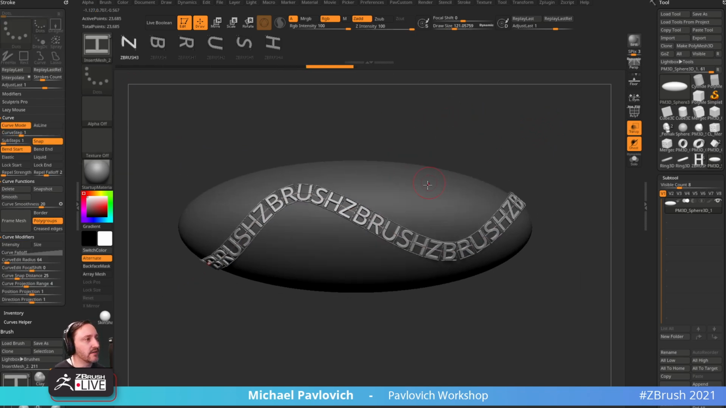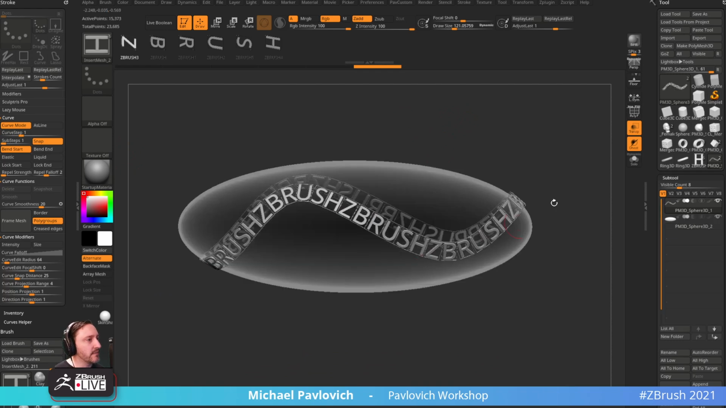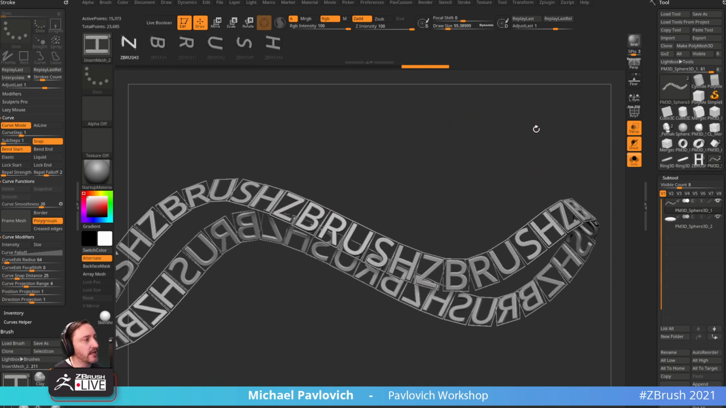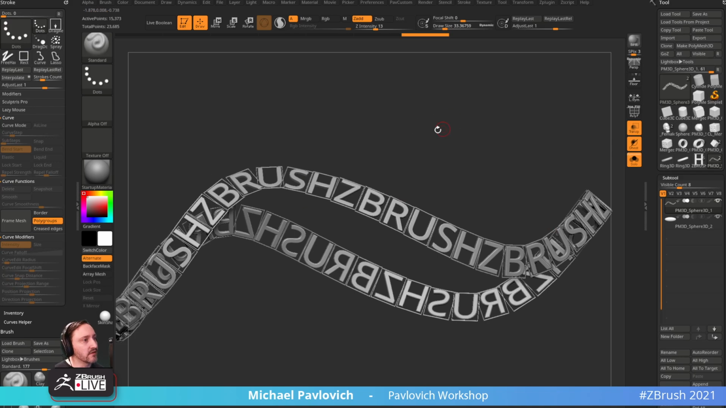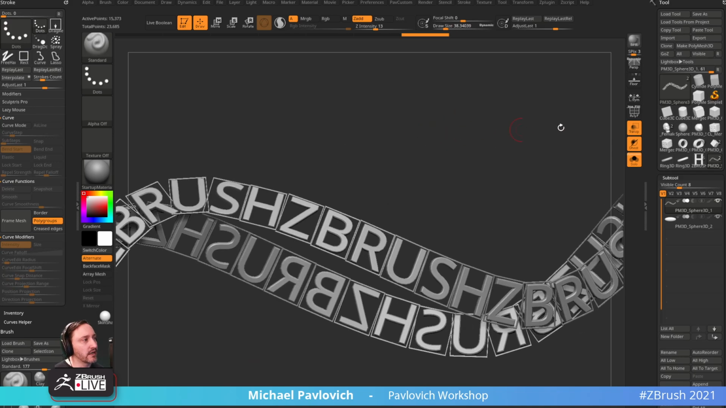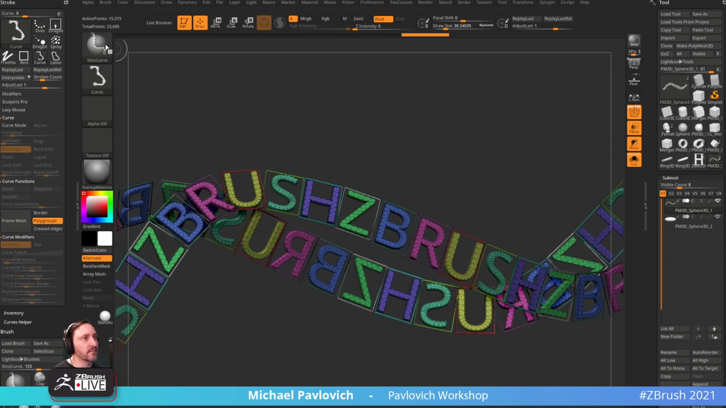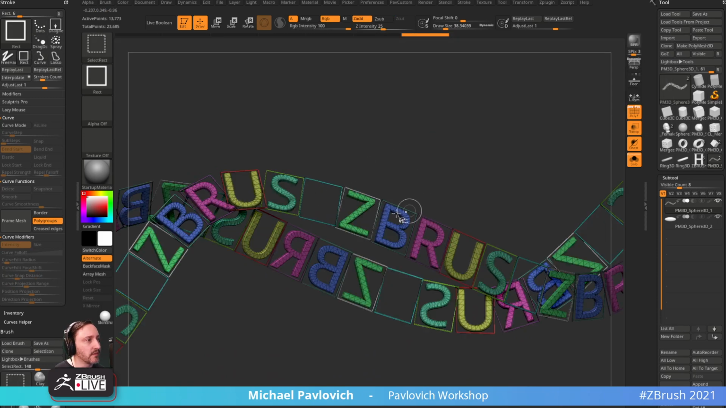So now we have ZBrush. We're going to tap off. We're going to say split mask points. It's under your split menu, and the bounding box is what's keeping these all fairly regular. So now these are all separate subtools. So we want to get rid of the bounding boxes. Just go through here,